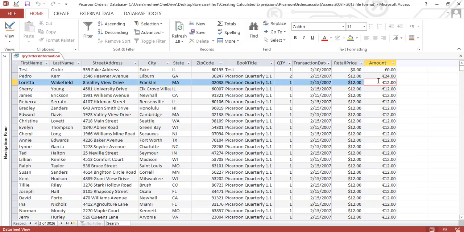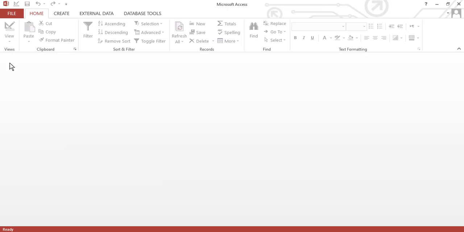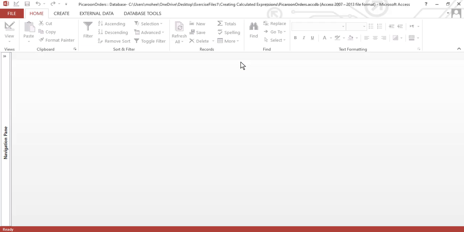So you will select the field in the design view, right click and take the property, and then go to the format, and in the format you will be able to change the numeric value into currency.